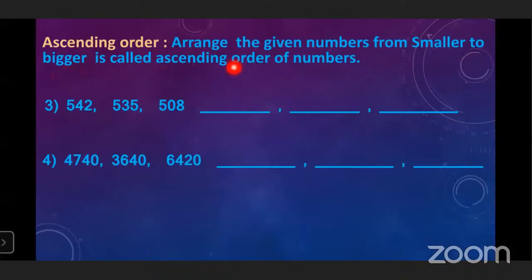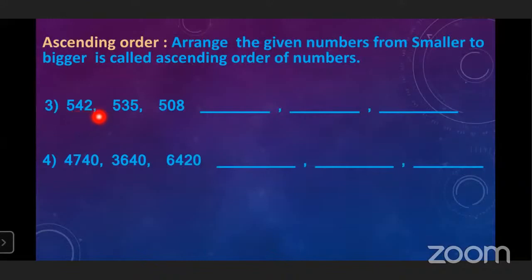If you once understand that ascending means smaller to bigger, then you can arrange all the numbers, 3 digit, 4 digit, 5 digit. Okay. And if you know the better technique of how to find out the smaller number, then the first is 508. How can you find? Because here all the three numbers are the same and I see the second number. So 0 is the smallest. Yes, very good, very nice.